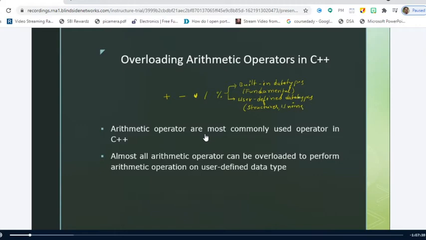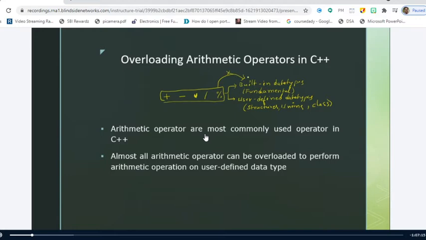What is the user-defined data type we have discussed in the C++ programming language? Class is a user-defined data type. You should know that class is also considered a user-defined data type. We won't bother about how these operators are defined on the built-in data types.